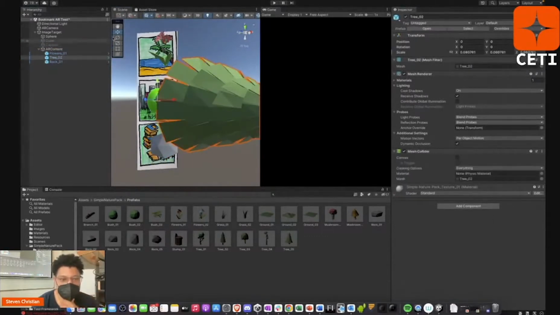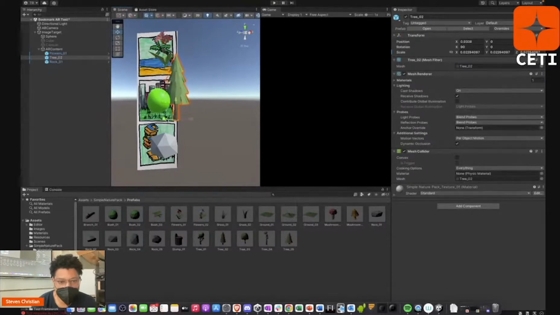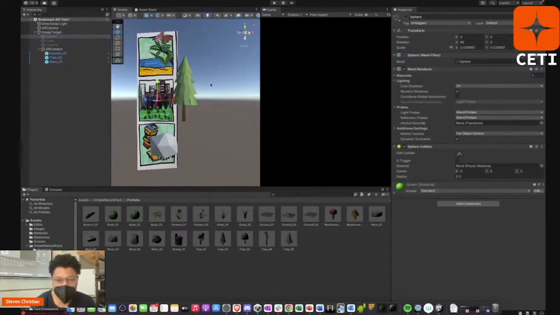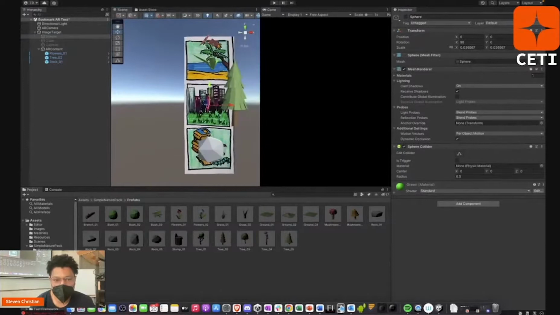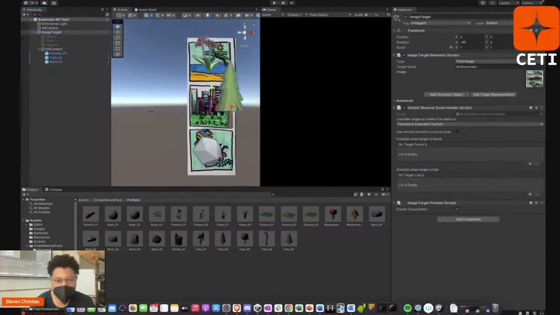And then last but not least, I have the tree. I'll just rotate the tree up. I'll shrink it down. And then I'll just move it in a different area and move it forward like that. And then I will also deactivate the sphere. I don't need the sphere. So deactivate that sphere. And so now, when I do the next demo, you're going to see